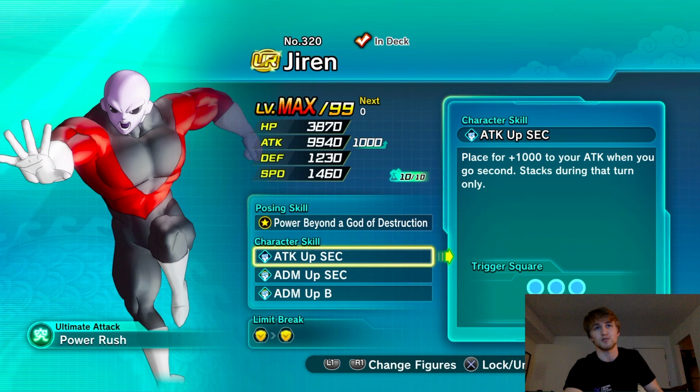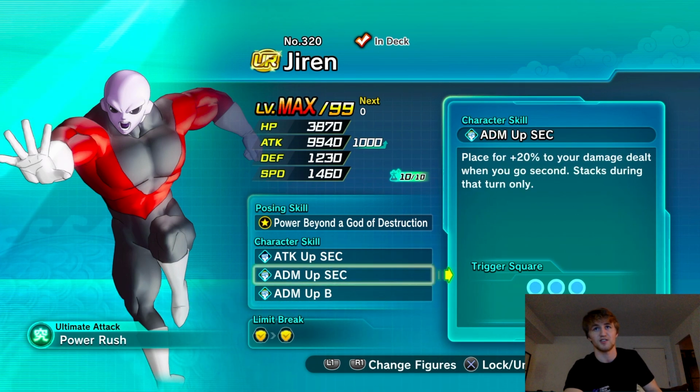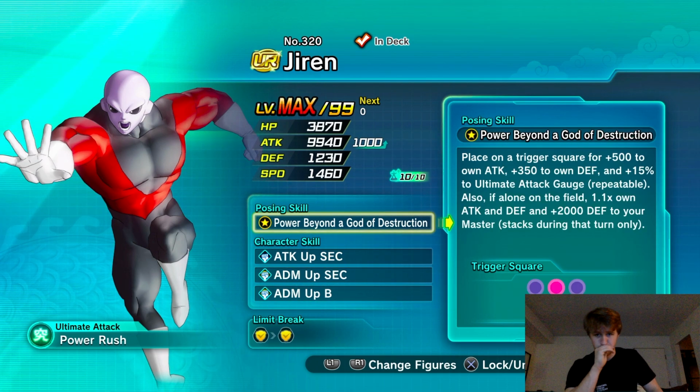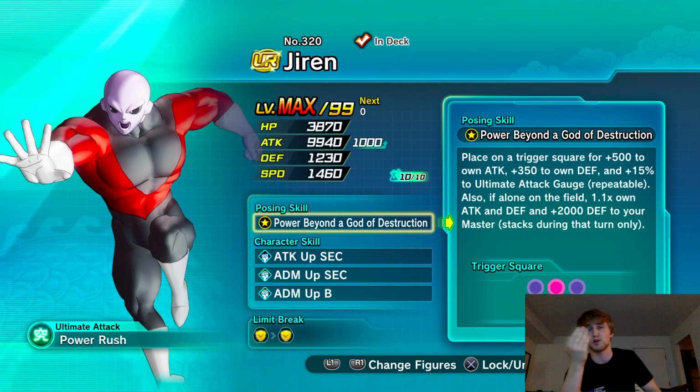So this equals 11,000 attack plus 30% damage buff because of these two equals devastation. Like, there's no negatives about him either. Like, the last part of his posing skill is not really good, but, like, when I'm thinking of characters, like, if they're made to kill a character, how good are...